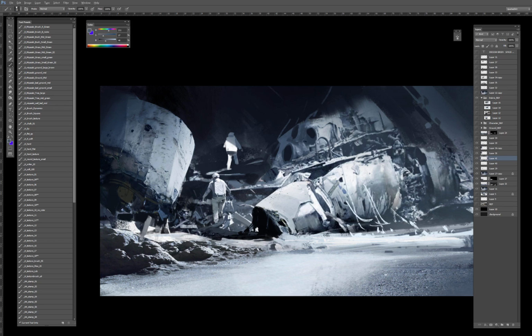I definitely want some dark value right where the legs are. Just still when we look at it, we can actually distinguish and see